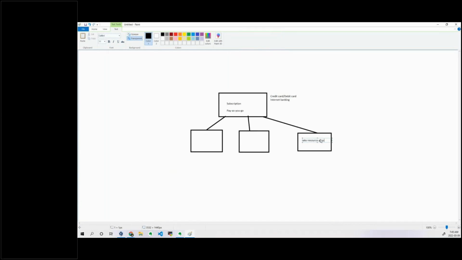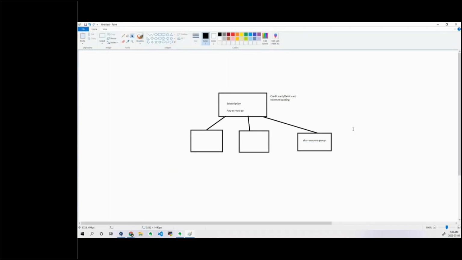Whatever AKS cluster or AKS-related services I create will be created under this particular resource group. So let's say I will create an AKS cluster, an Azure Container Registry, and some monitoring as well. All these resources will be created under this particular resource group.